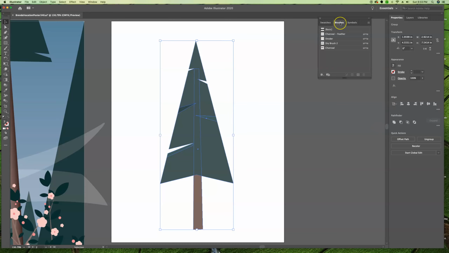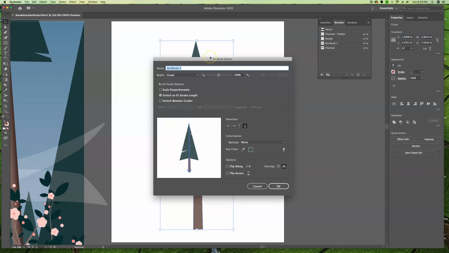All right, back in our brushes window, and with this tree selected, we're going to come down to the plus sign and click on new brush, and it's going to ask us what kind we want to make, and we want to make an art brush. We'll say okay to that. In the name of it, we're going to call it tree,